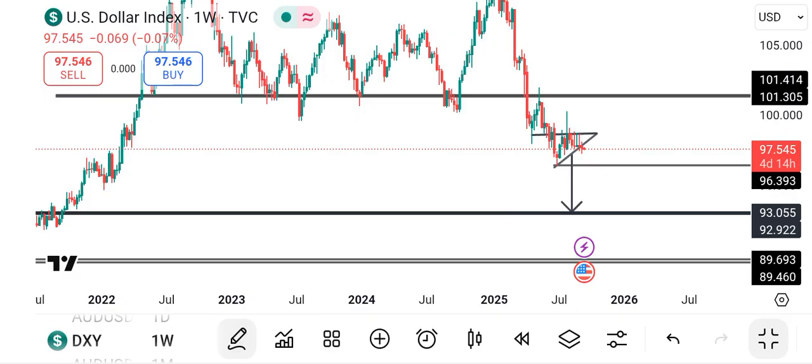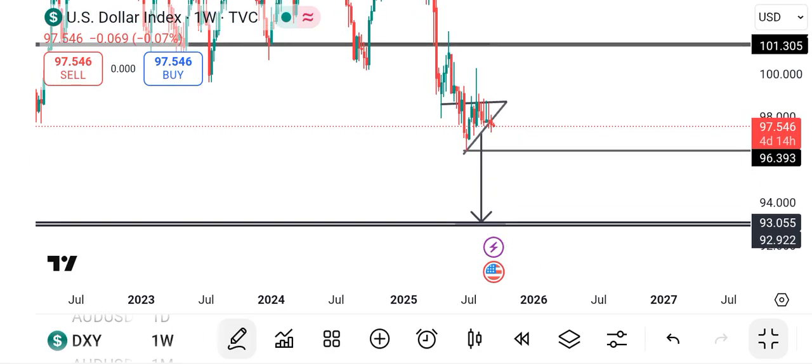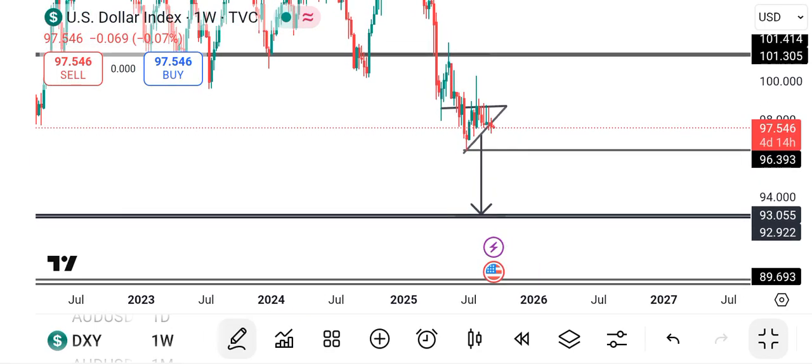First and foremost, without wasting much of our time, we just need to kick off immediately because I don't want this video to be too long. First, we are starting off from the DXY. Currently, we'll be analyzing DXY,